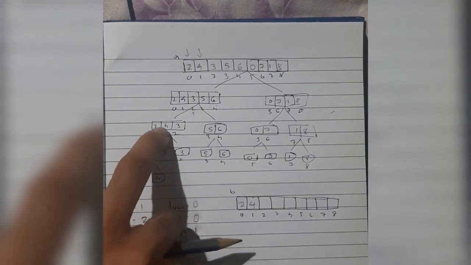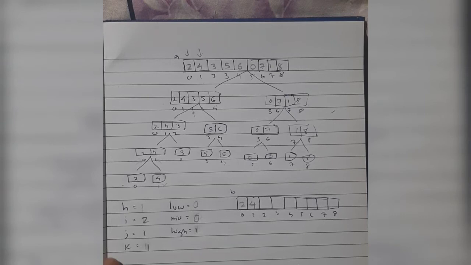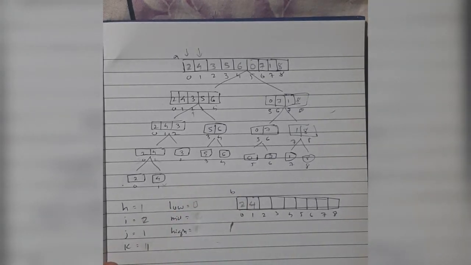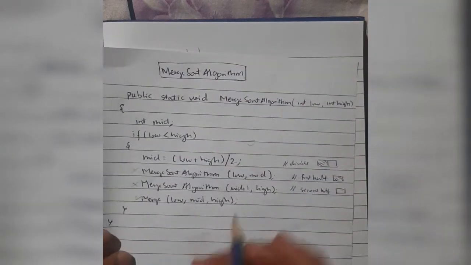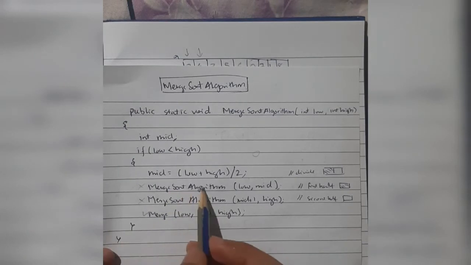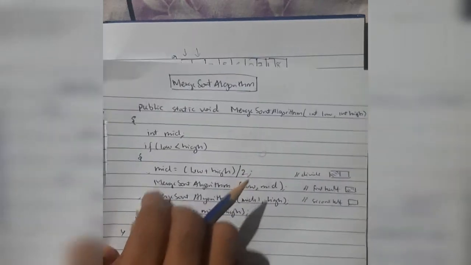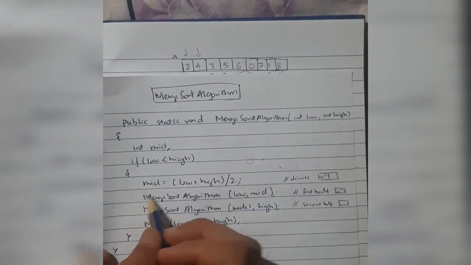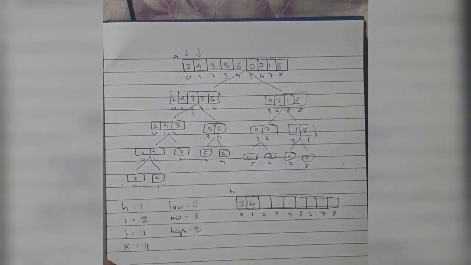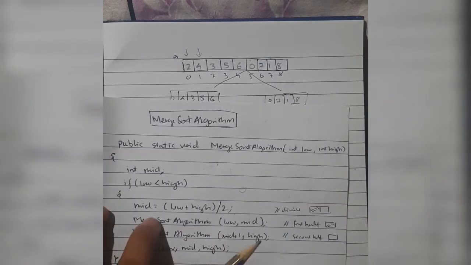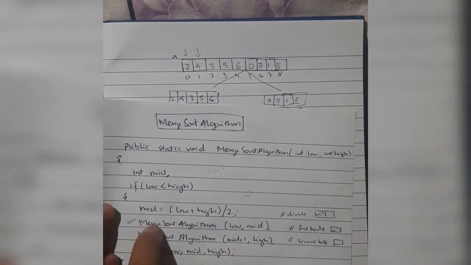When we were under this array, the values of low, mid and high were 0, 2 and 1. So see here, 0, 2 and 1. At that time we had called this function with low and mid, right? Remember, we had passed the array here. We had calculated that mid was 1, so we passed low and mid to this function. Low and mid was this array, so this array was called using this line of code. This line of code was used and called, and now this one was executed.